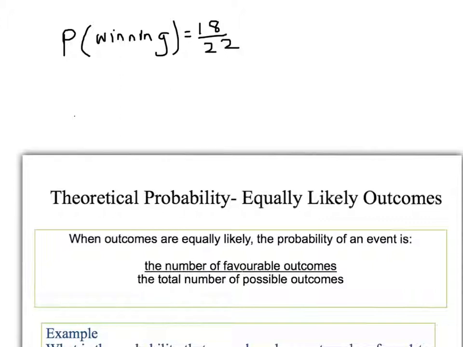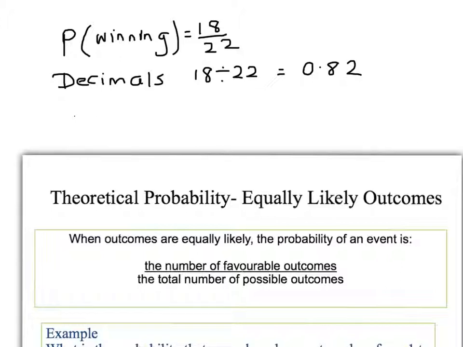We can also write it as a decimal, and you must be able to convert easily between these. So if you want to write it as a decimal, of course, we're going to do 18 divided by 22 on our calculators. So that would be 18 divided by 22, 0.818,